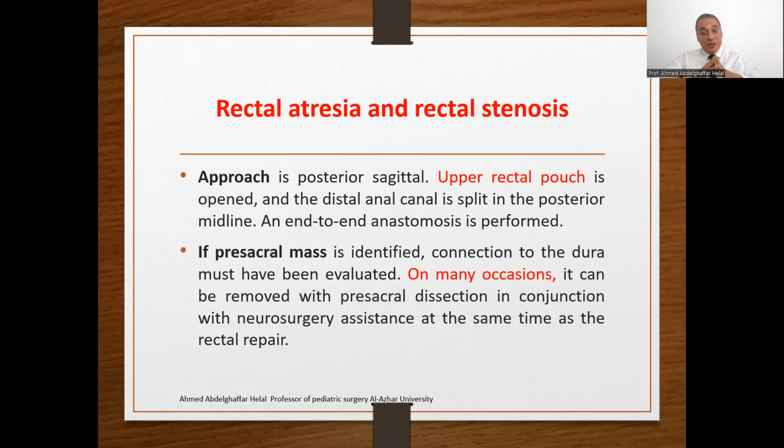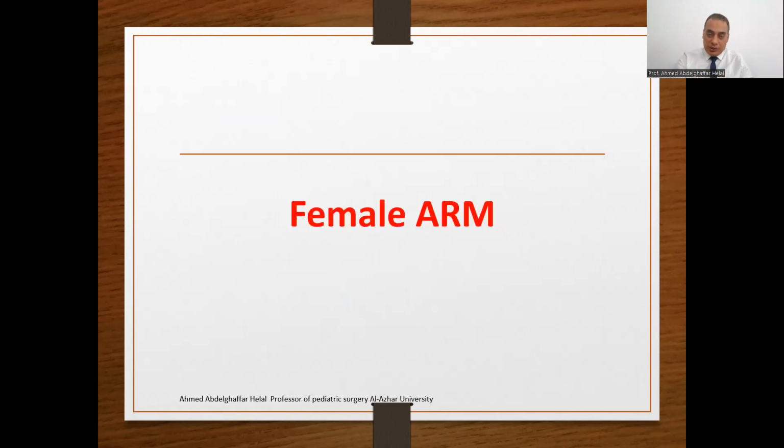The upper rectal pouch is opened, the distal anal canal is split, and there is an end-to-end anastomosis. If a presacral mass is identified, we must exclude its connection to the dura, and in many cases it can be removed during the presacral dissection with neurosurgery assistance at the same time as the rectal repair. So these cases of rectal atresia or rectal stenosis may be associated with a presacral mass and may need neurosurgical consultation. So this is the first part of our presentation regarding male anorectal malformation and its principles